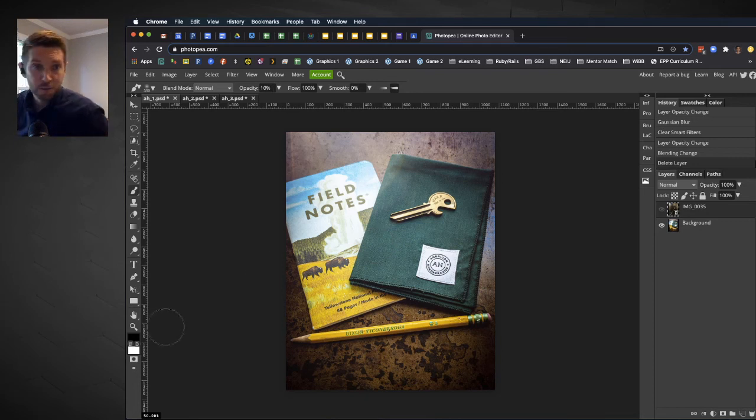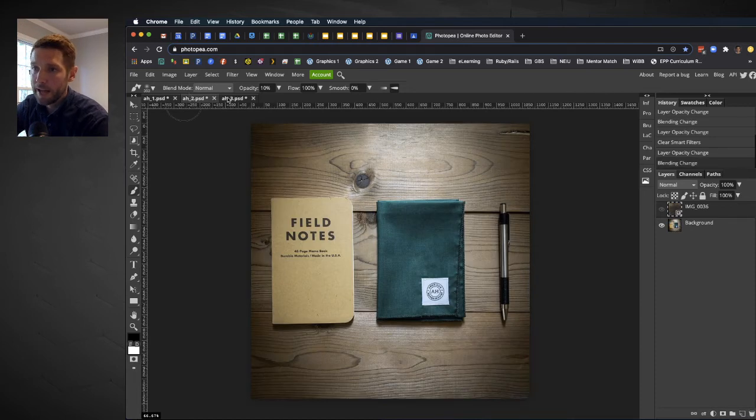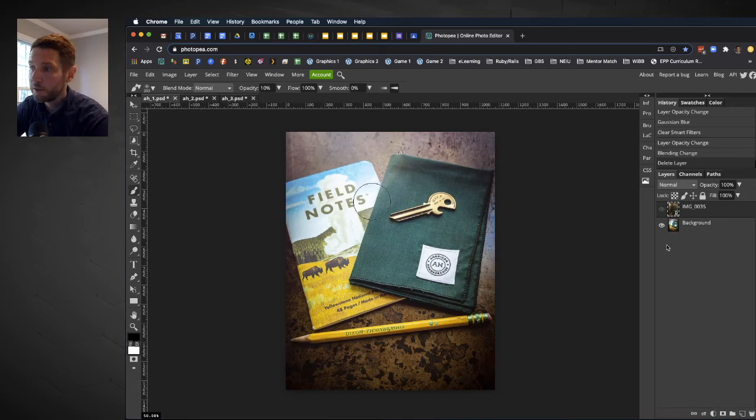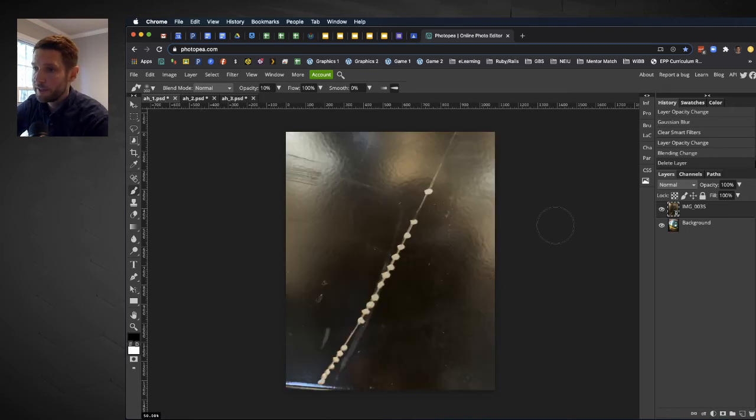Okay, for this project, we're going to follow many of the same steps that Peter McKinnon did. I've got 3 pictures up from the American Handkerchief collection. And what we're going to do is add textures, and these textures are going to come from photographs that I just took from around my office. So this first one is a picture of a scratched file cabinet that I happen to have to the side